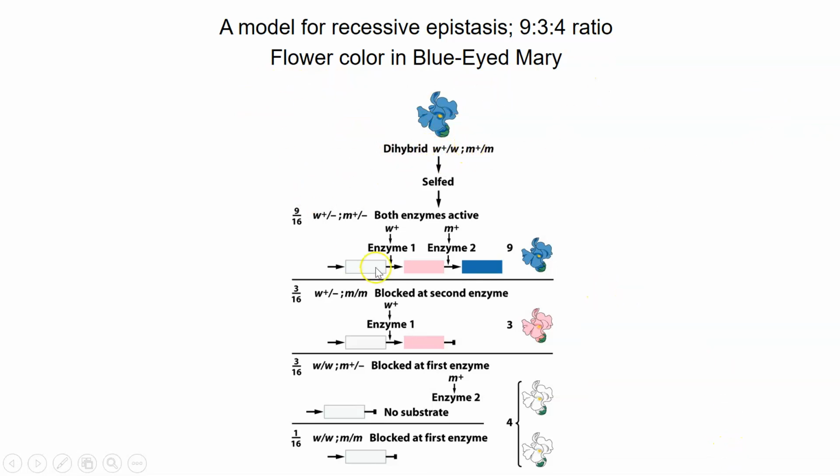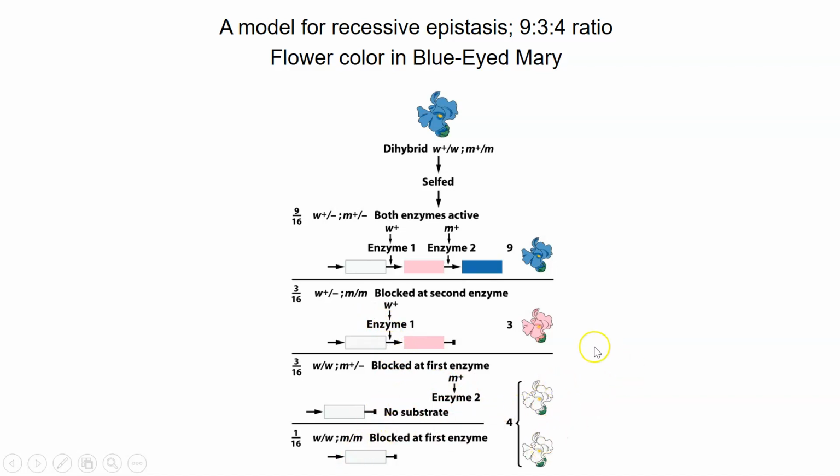The W gene produces an enzyme that converts a colorless precursor to a magenta intermediate. The M gene produces an enzyme, enzyme 2, that converts the magenta intermediate to the blue end product. If you have functional enzyme 1 and 2, blue flowers result. If you have only functional enzyme 1, magenta flowers result. If you lack enzyme 1, regardless of whether you have functional enzyme 2, the pathway is blocked at this step